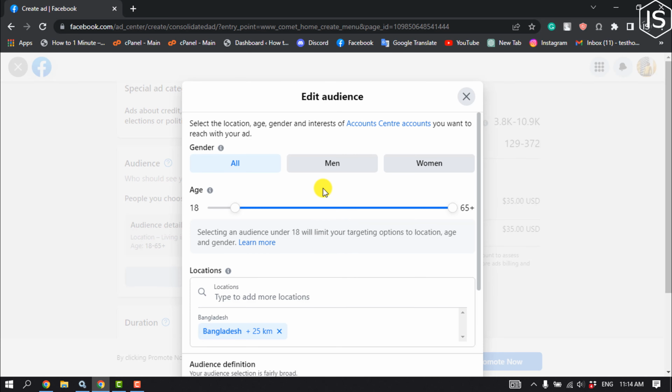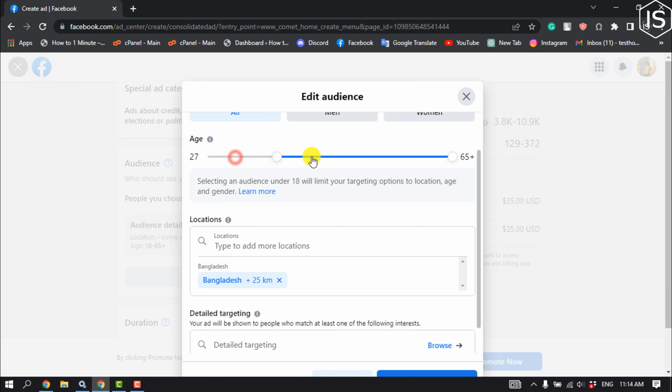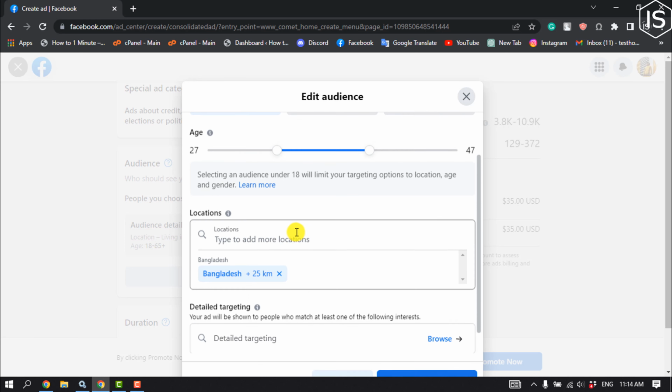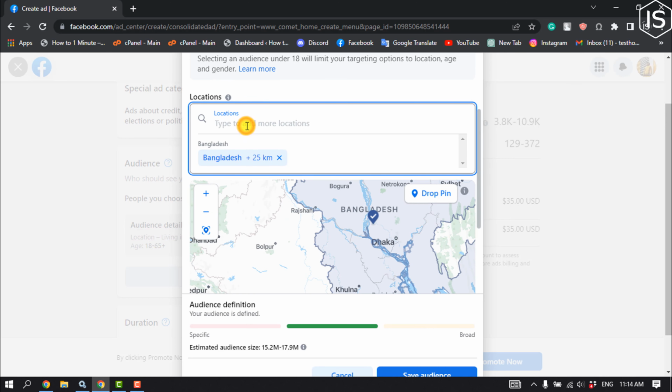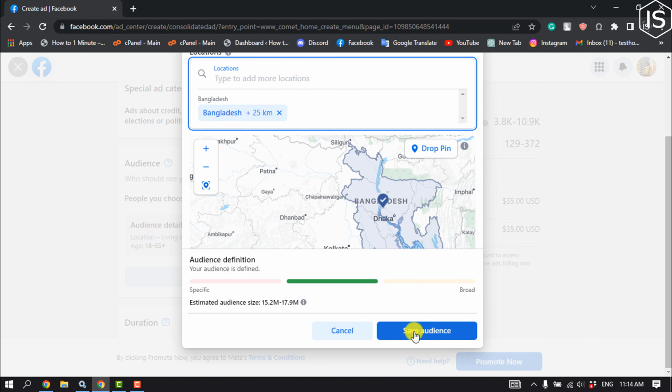Now you can select your audience gender from here. I'm going to select all genders, and you can change the age. You can select here your audience location, and then click on save audience,